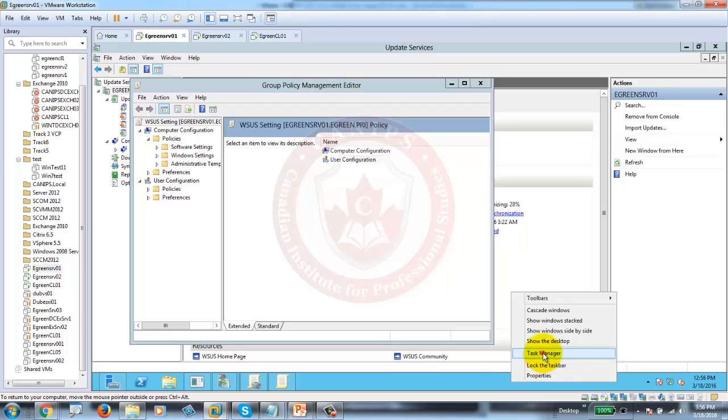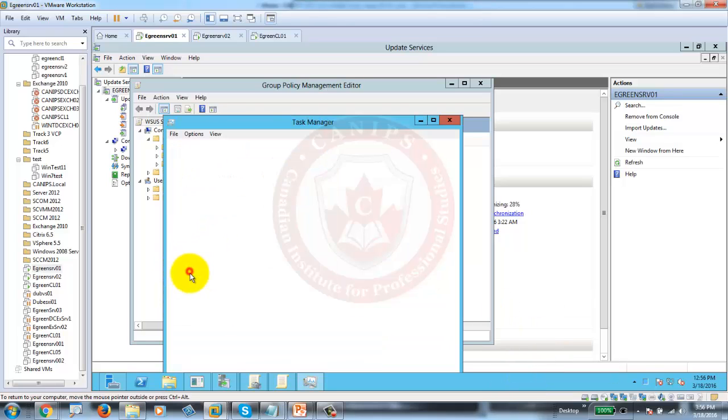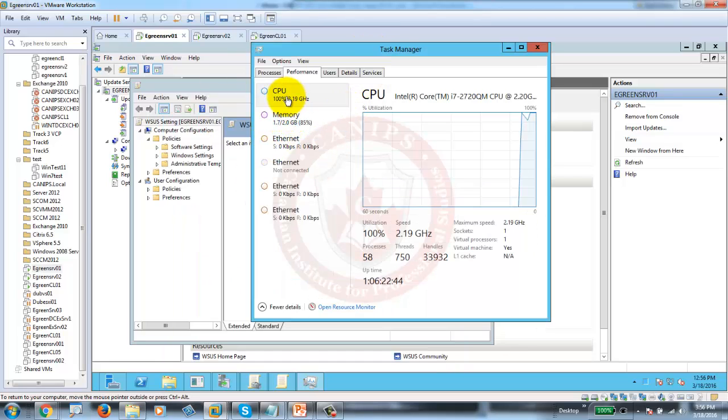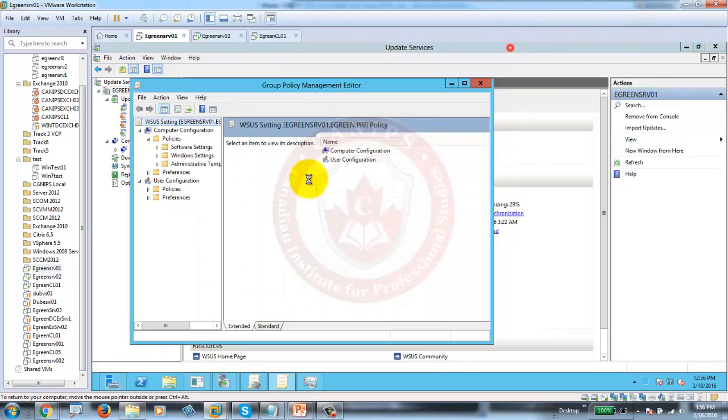Let's see why it is slow. It's the CPU at 100% because it's downloading all of the updates. That's fine. As soon as this opens,